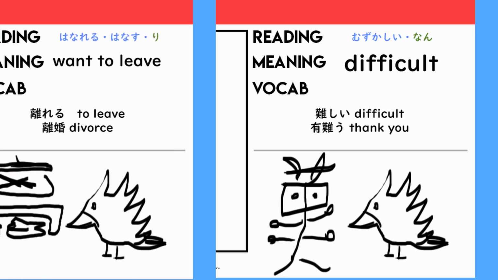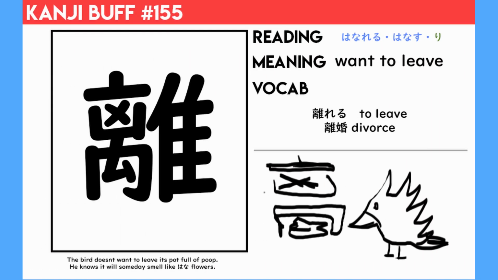So the next one, we got to zoom out here, if it will let me do that, and is hanareru. So this one's a cool one. Let me zoom out a bit. So this one is a simple reading, which is hanareru and hanasu and ri. So this means want to leave or leave. You have 2 common readings. You have hanareru, which is to leave, and then we have divorce, which is rikon. Now this kind of leaving is just a sense of leaving when there's distance being involved, like physically leaving somebody,